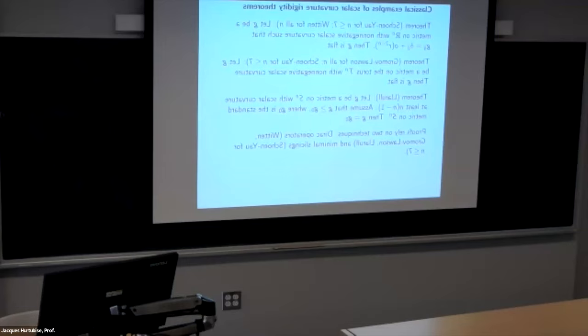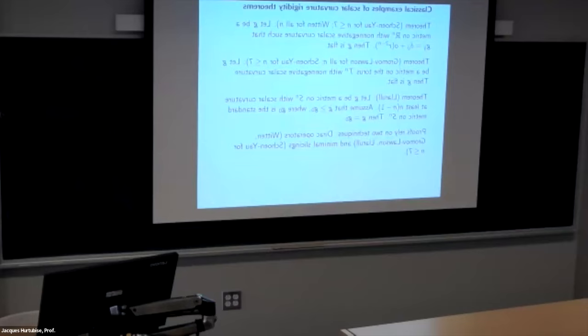Now, there are other results that involve comparisons with other model metrics. So for example, you can compare to a round sphere. And in that case, there's a rigidity result due to Llarull. What he proved is that if you have any metric on Sn which has scalar curvature at least n times n minus 1. Now n times n minus 1 is the value of the scalar curvature of the round metric on Sn. So the assumption is that the given metric has at least as much scalar curvature as the